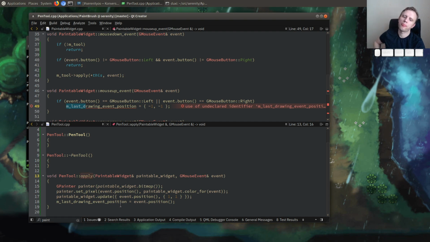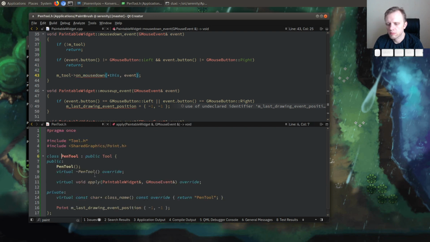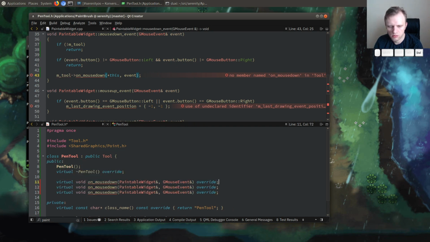So maybe apply is not really the right thing here. What we actually want is mouse down event or something like that. You can call it on mouse down. And then that's what we'll delegate to. So we'll call it on mouse down. I think maybe that makes more sense because that's how we're using it anyway. So then we'll do mouse move and on mouse up. And